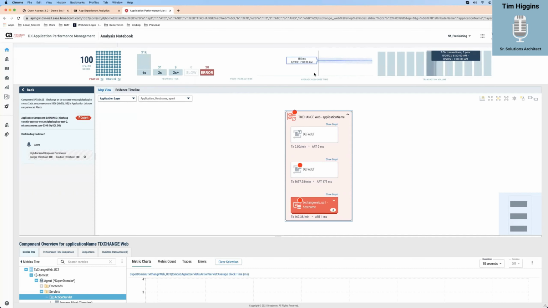Pretty surprised it's a flat line. Normally it's more like that. The dark blue is what we call a differential analysis. That's APM learning your environment, and by environment I mean your transactions. Is this normally like this, or is it normally like this? And then of course a bar graph.